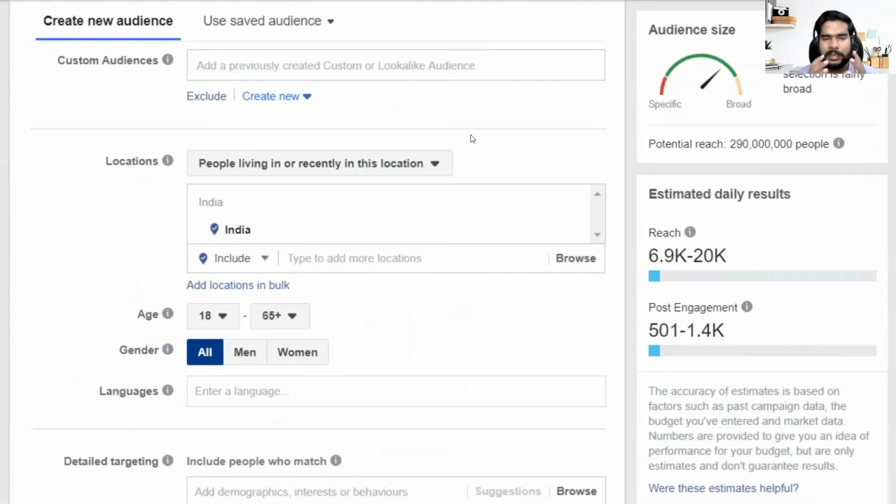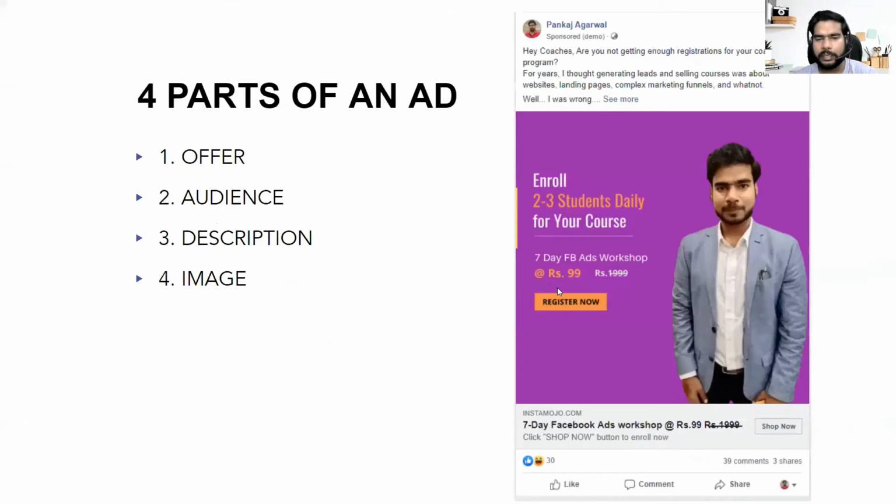What I suggest is to spend some amount, let's say 300 to 400 rupees per day to start with. Don't try with too low an amount, 100 or 200 rupees is too low. Try with 400 to 500 minimum, run it for 4 to 5 days, and then see what response you are getting. Depending upon that, make your own estimate. Okay, I'm spending 500 rupees and getting 10 leads, so this is my cost per lead. Don't get carried away by these numbers, because they are giving estimated numbers.